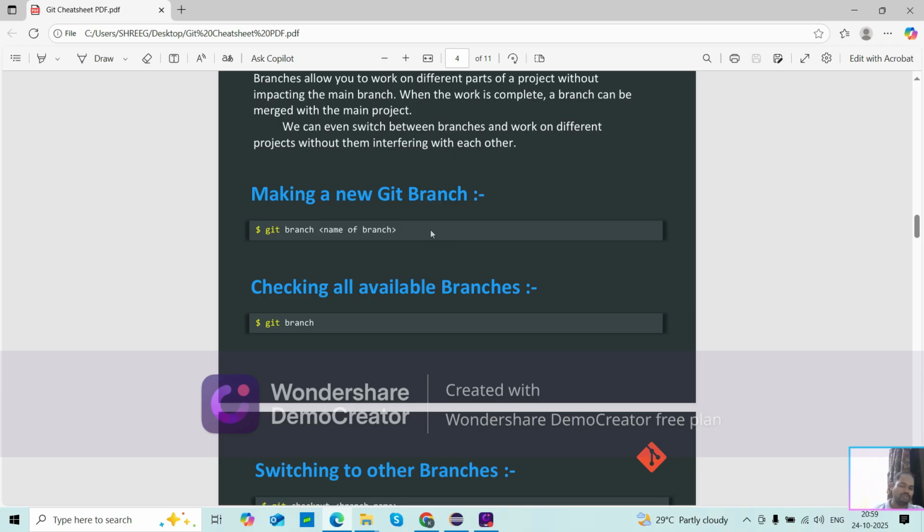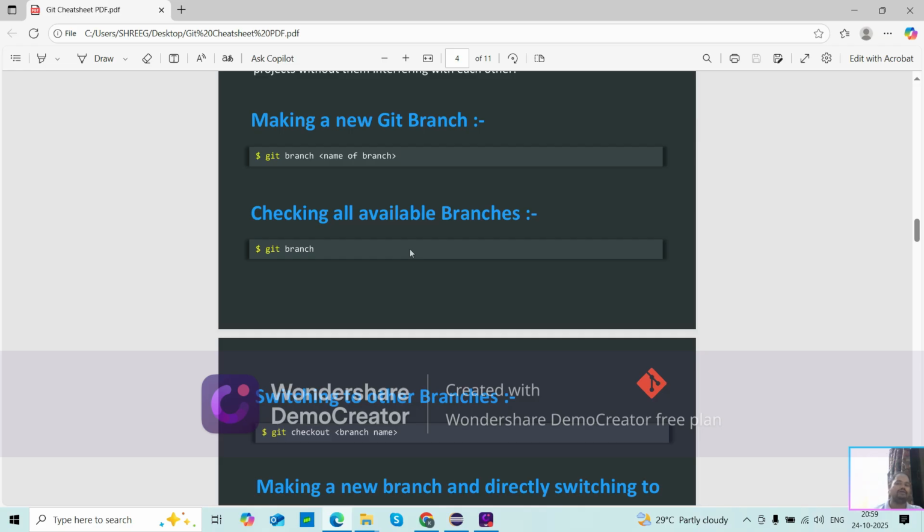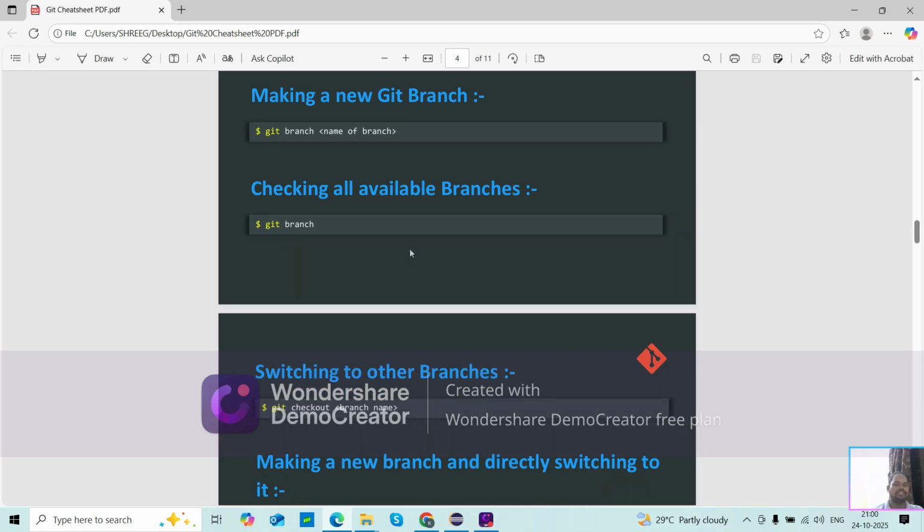Then we can create the new branch. Checking all the available branches: if we put the command git branch, then we can check all available branches.